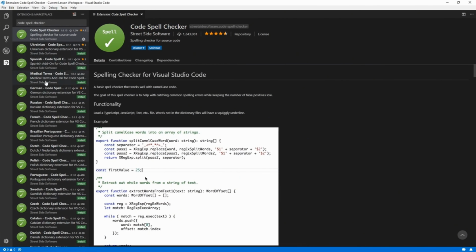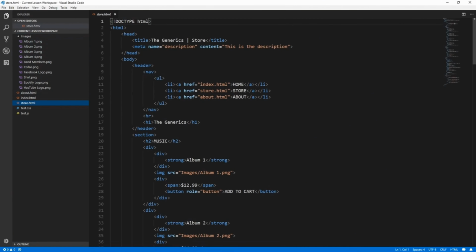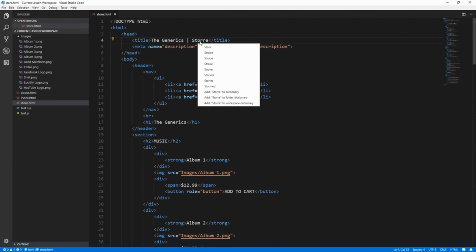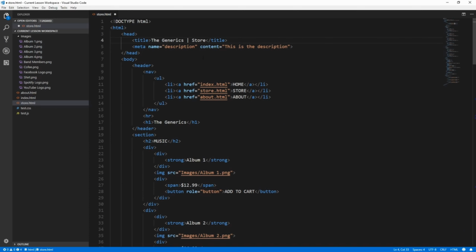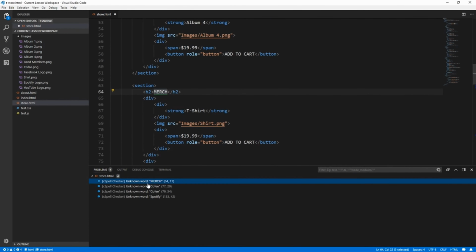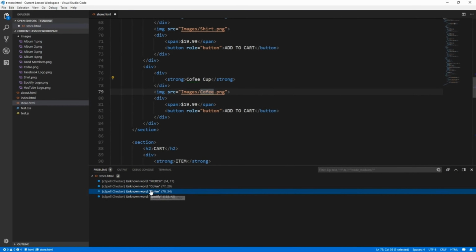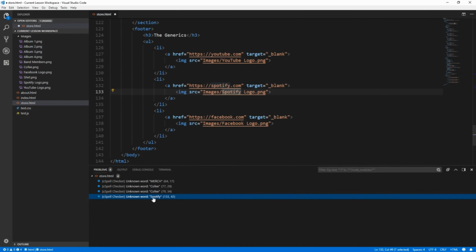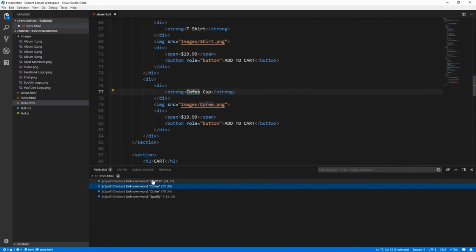The next extension, Code Spell Checker, is an extension I wish I knew about earlier. If any of you have seen my Introduction to HTML series, you'll know that I cannot spell, but if I had been using this extension, I would have immediately seen that I had misspelled coffee. This extension underlines all misspelled words with a green squiggly line and gives you recommendations to fix the misspelling. This extension also supports many different languages and even checks the individual words of camel case names. Lastly, all the misspellings for your entire project will show as info messages in the problems section of Visual Studio